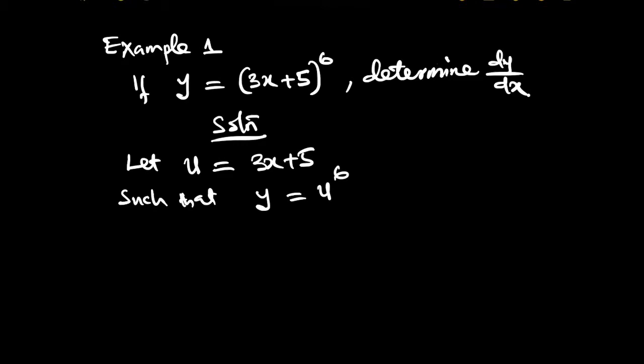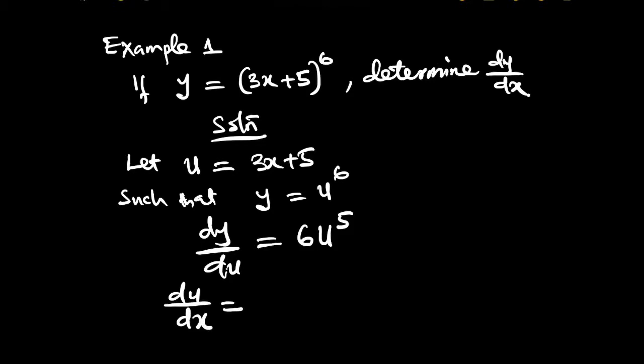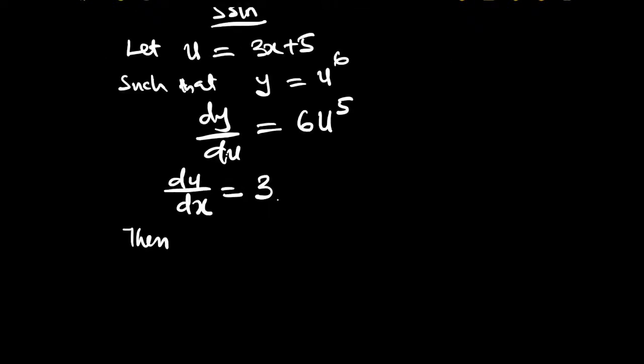Now you are going to differentiate y with respect to u. dy/du will give us 6u, 6 minus 1 is 5. Then we differentiate u with respect to x, du/dx, you have 3. Then dy/dx is equal to du/dx dot